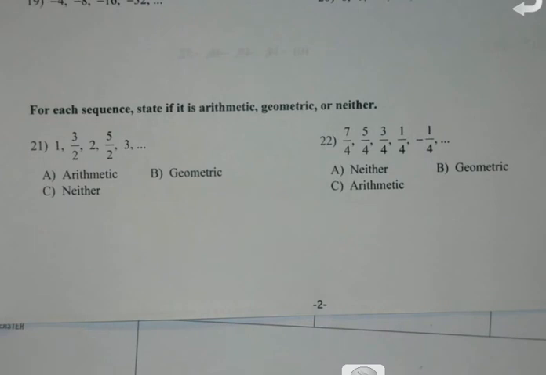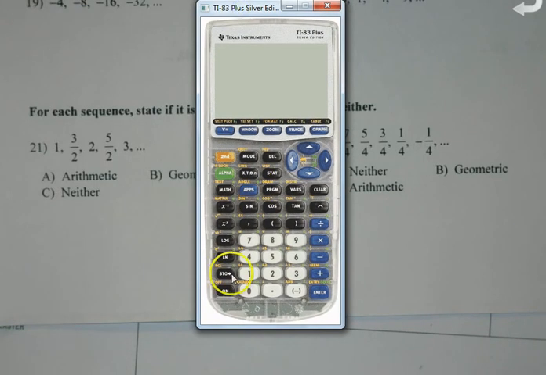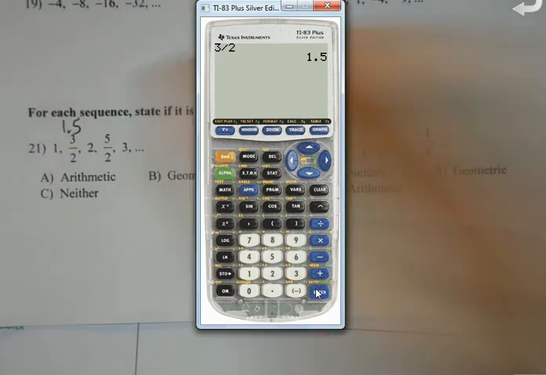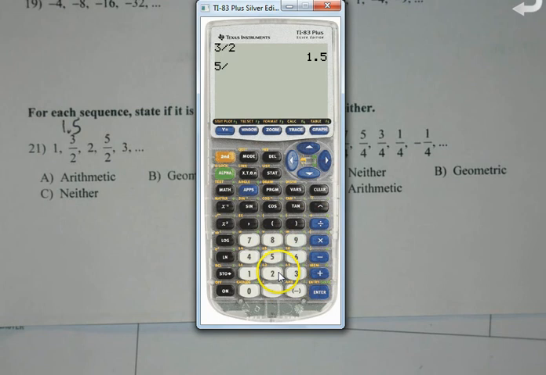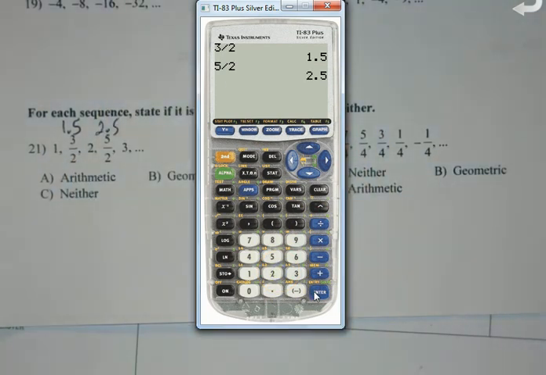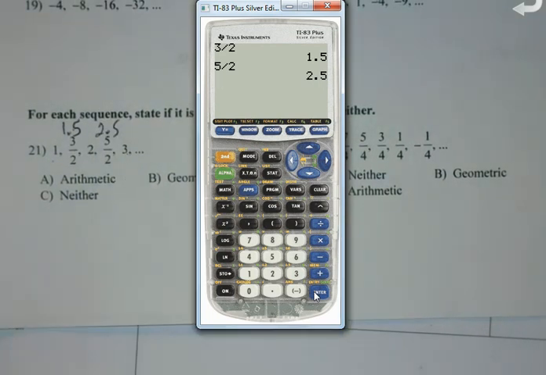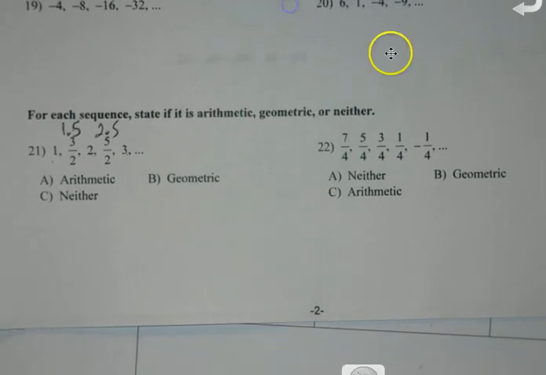Now, for some of you, looking at this in decimal form might help. For instance, 21, you may look at that and go, fractions, I'm done. No clue. Okay, let's do this for a second, even though we're not a big fan of fractions. All right, so 3/2 is really 1.5. Let's see if this makes a little more sense here in a minute. Okay, that's 2.5. So now my pattern is 1, 1.5, 2, 2.5, 3. What am I doing each time? Yeah, we're just plussing by 0.5. So if I'm plussing by something,